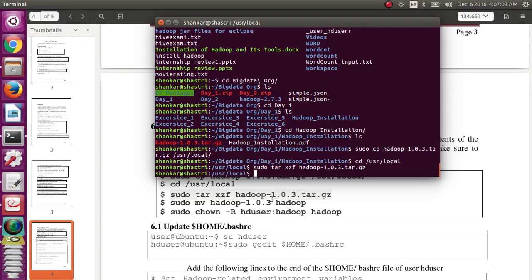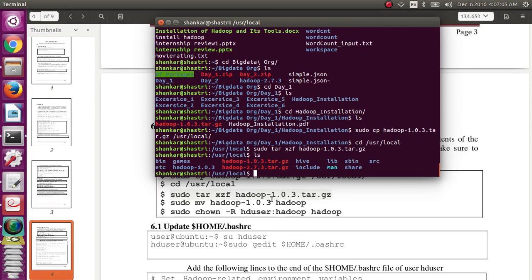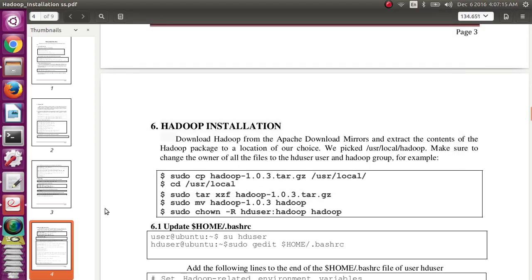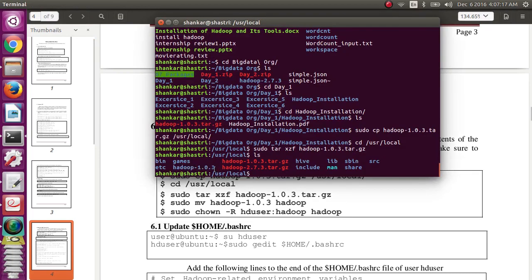Successfully extracted. Check it: yes, this is the tarball file, and this is the extracted Hadoop 1.0.3 directory. It is named hadoop-1.0.3, so change its name to just Hadoop.